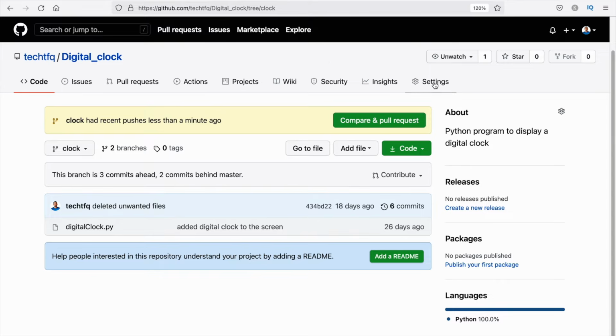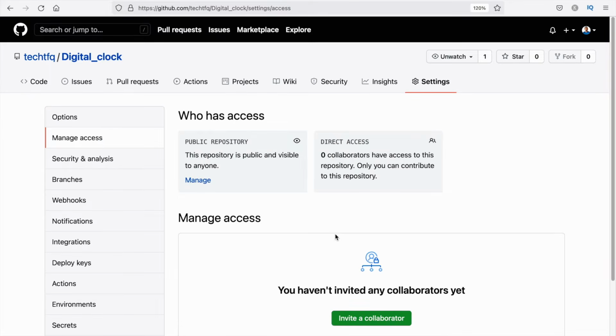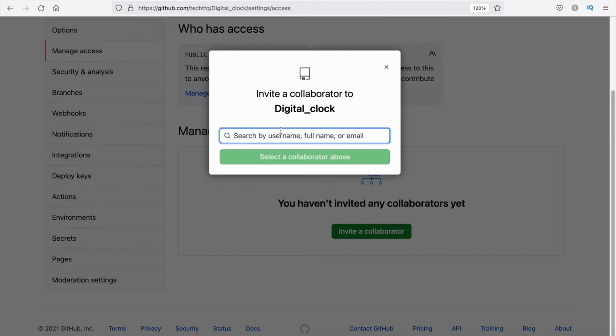So how I can do that is I can just go into this settings tab here. And under this, I have this manage access. I can click on that. And then I have an option to invite a collaborator. So I can just click on that and then provide the username